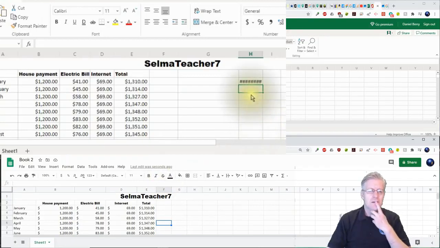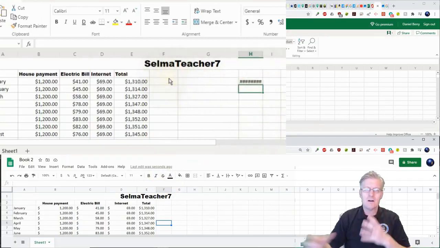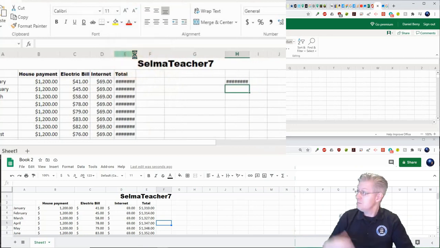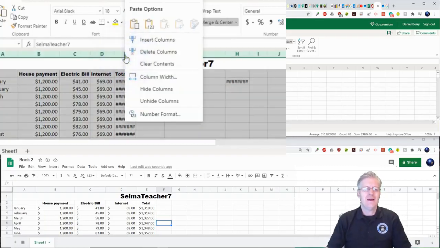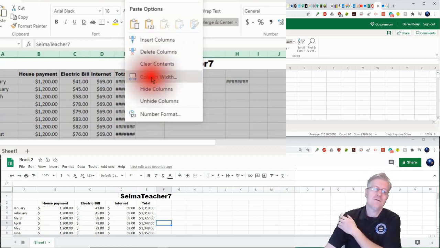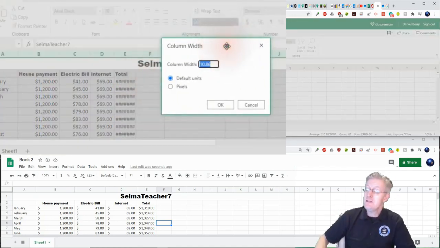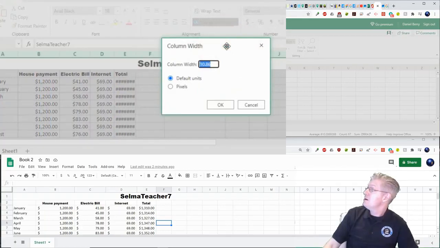What about Excel? Will it also automatically resize the column? So what I'll do is I'll do the same thing, make it too narrow. There's my railroad tracks. And I'll right click the letter E there, and there's, let's see, where's my column width here? There it is, resize column, or it says column width for Excel. I use a little bit different term. And as you can see, it does not say fit to data. So unfortunately, that's not an option inside of Excel that I see there.